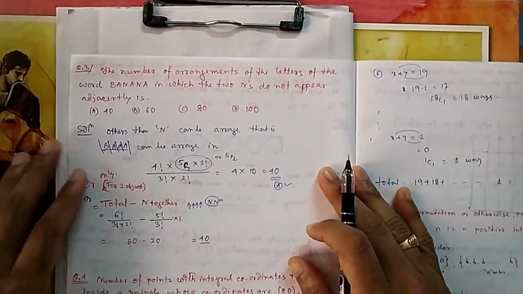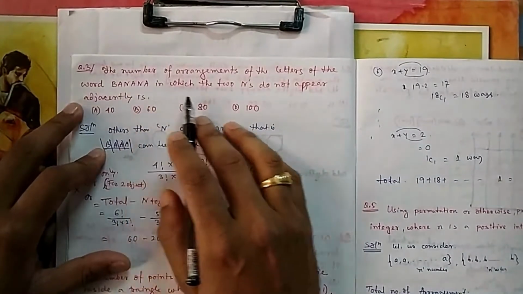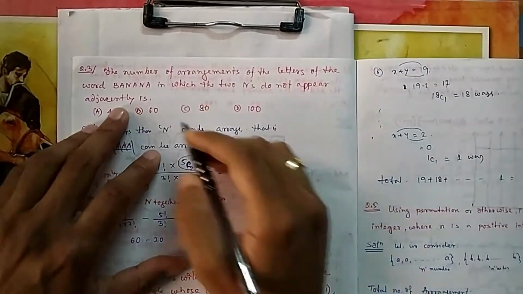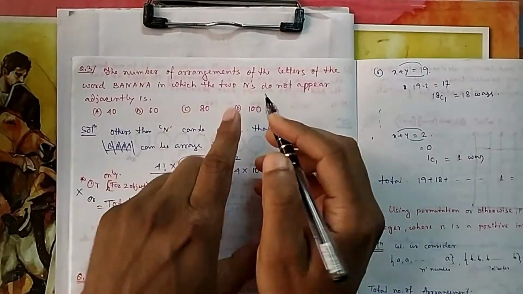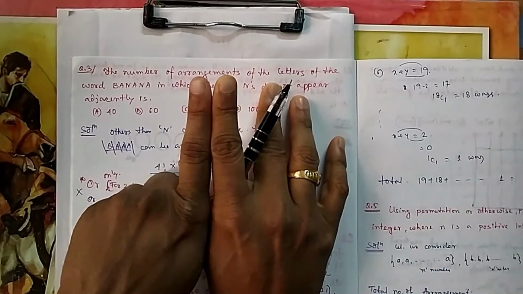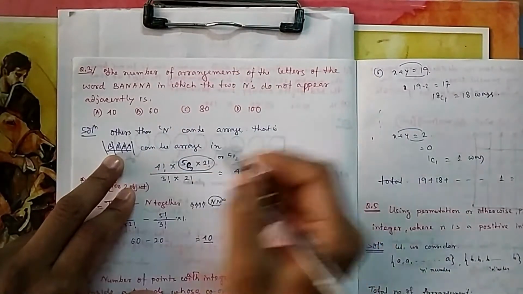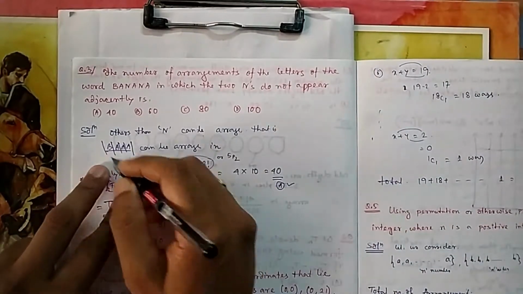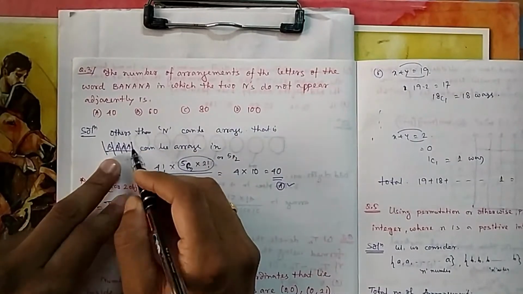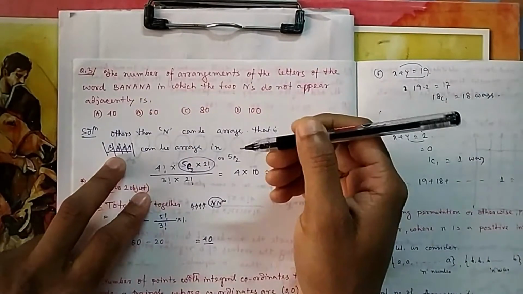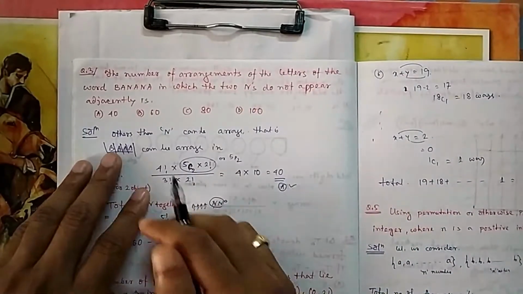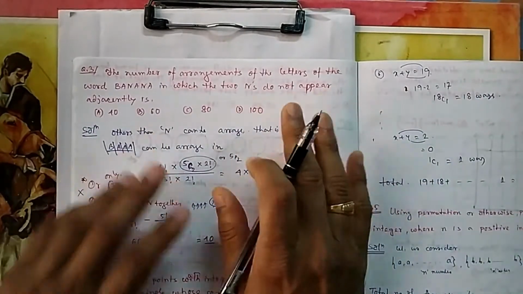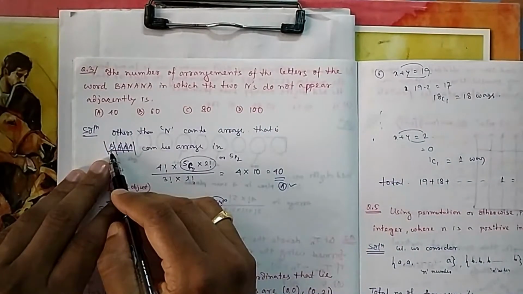Now if you come to question number 3: the number of arrangements of the letters of the word banana in which no two n's appear adjacently. So they don't want to sit together. What you will do is place the other things. We always do it this way for no two together: you place the others, put spaces between them, and try to fit the n's in between these. If you fit them in between, they will never be together. So first you keep aside your n, because n is problematic, they don't want to sit together. So you put the other things, b, a.